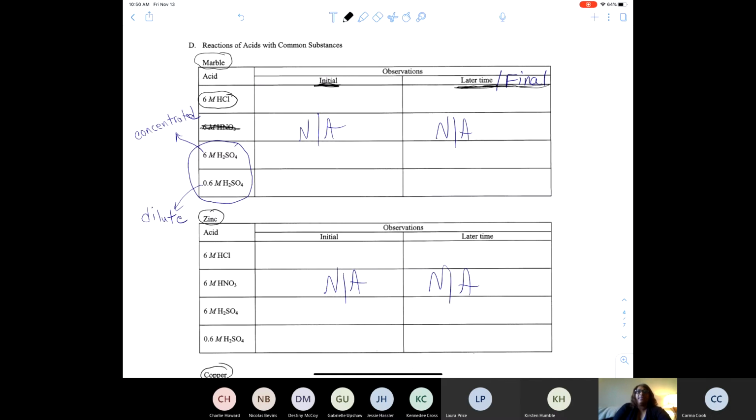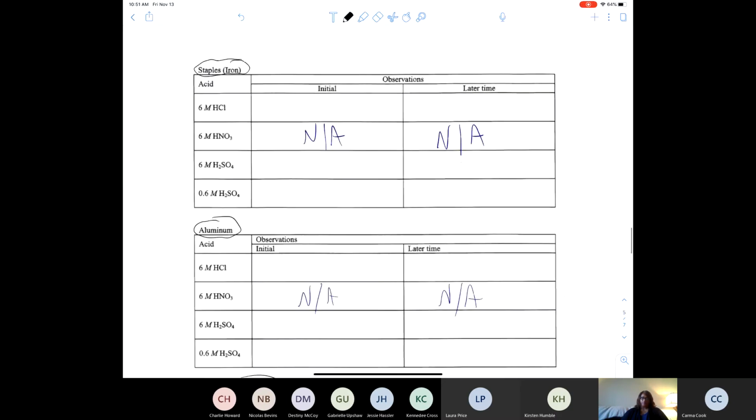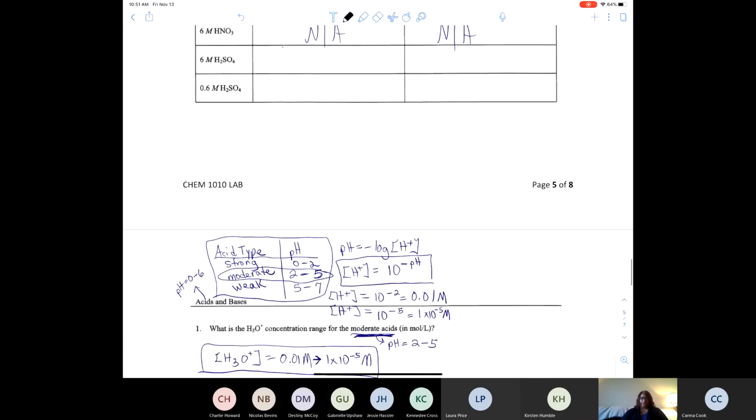I think most of us are back in the general meeting room at this time. So, do you have any questions about any of your observations that you made for the reactions of those 3 acids with the common substances? Any questions about observations? If there aren't any questions about observations,